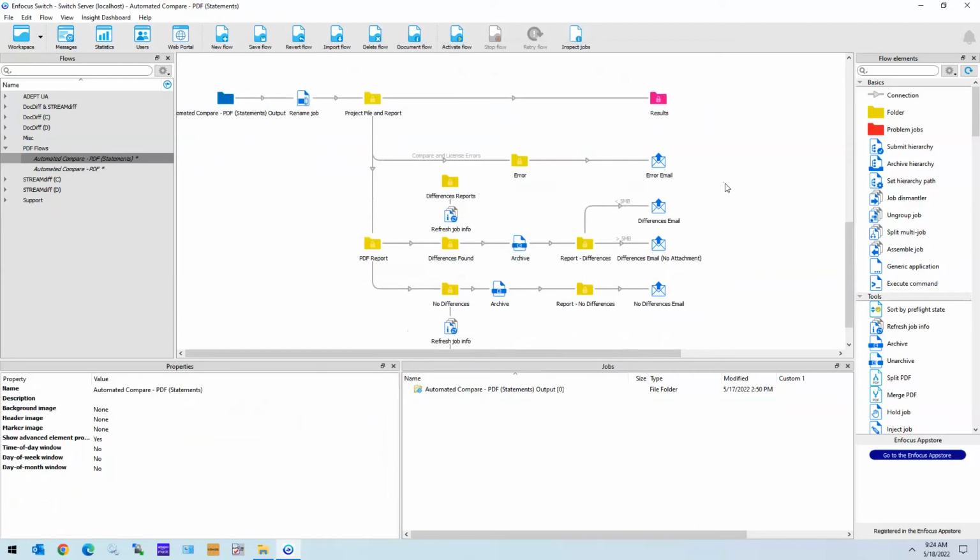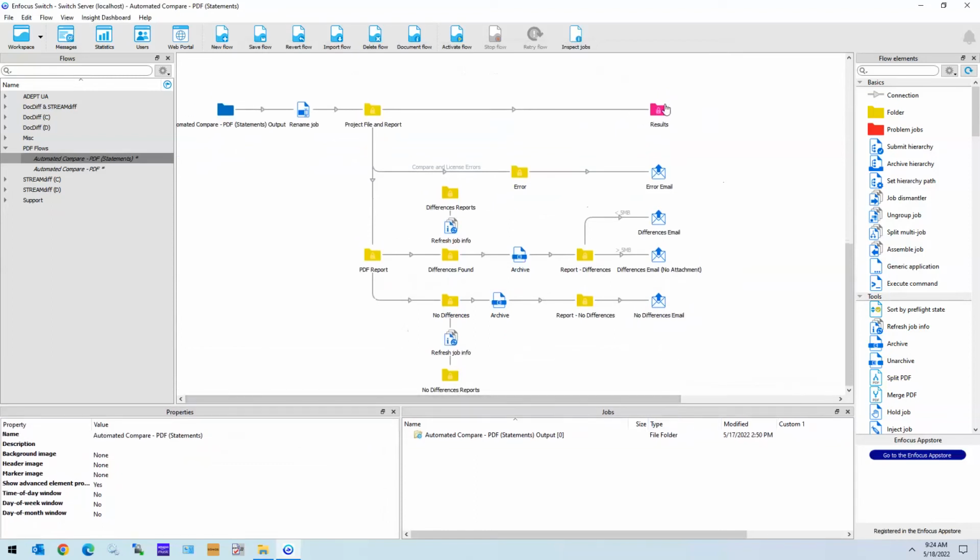All right, the next change that we need to make is we need to determine how we want to view the results. And you can see in this example, we're sending the results to this magenta folder. So this is going to be a results folder where users can go and open the project, view the PDF report. In addition to that, we also have some email notifications that are being sent out. Now, depending upon whether or not you have email set up for Switch, you may or may not be able to use these email notifications. In this example, let's assume that we don't have email set up, so we want to just use the results